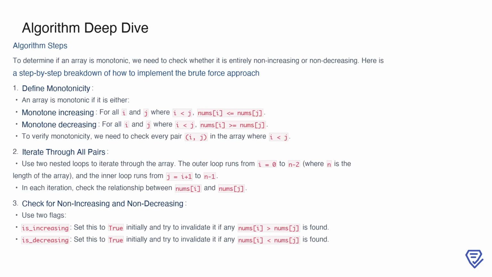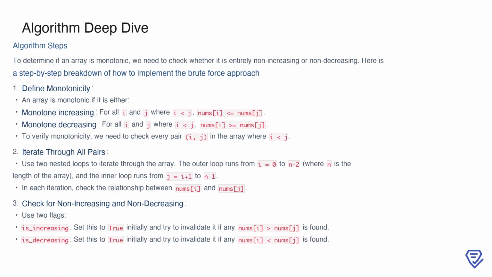To determine if an array is monotonic, we first need to understand the concept of monotonicity. An array is monotonic if it is either entirely non-increasing or non-decreasing. This means, in a monotone increasing array, for every pair of indices where the earlier index is smaller, the value at that earlier index must also be less than or equal to the value at the later index. Similarly, in a monotone decreasing array, for every pair of indices, the earlier value must be greater than or equal